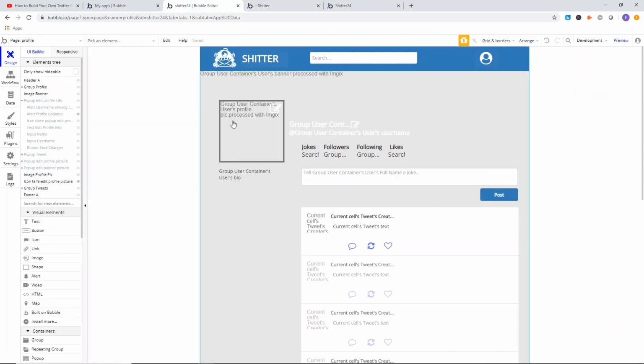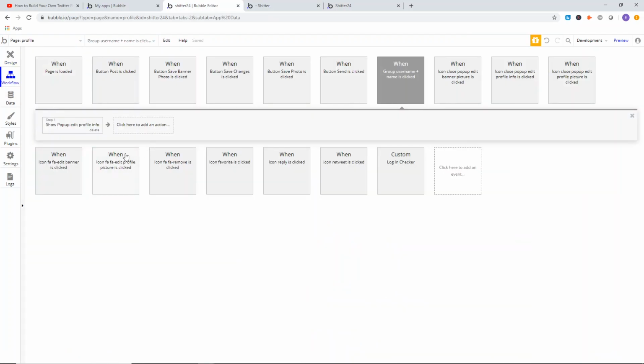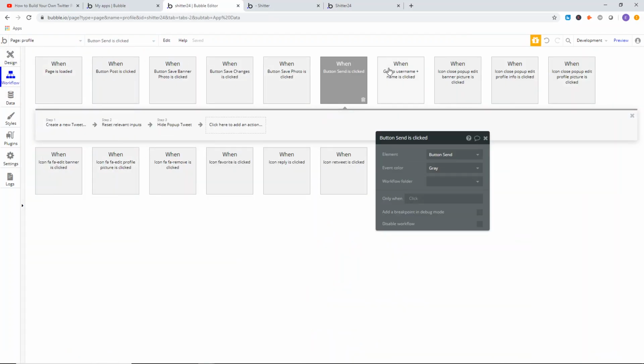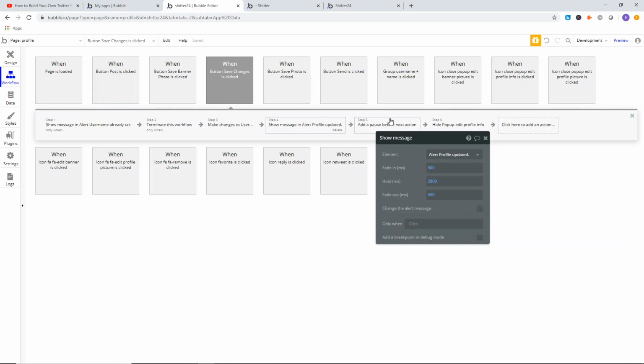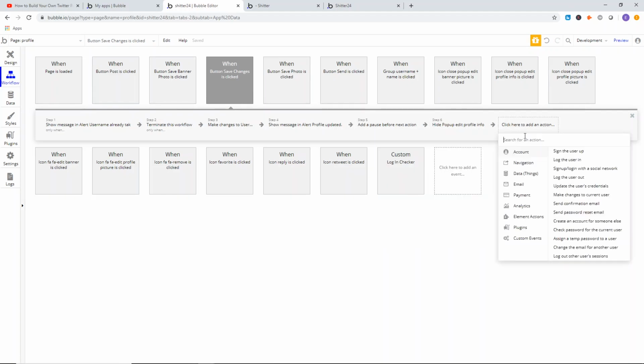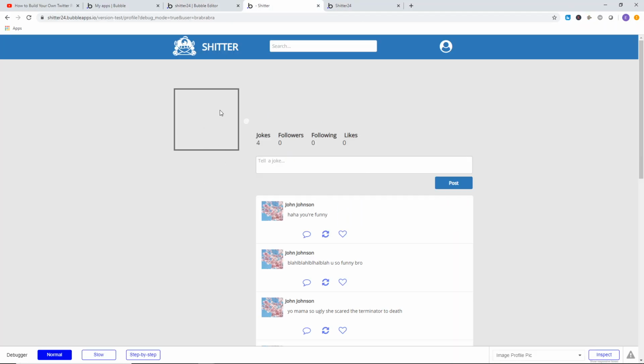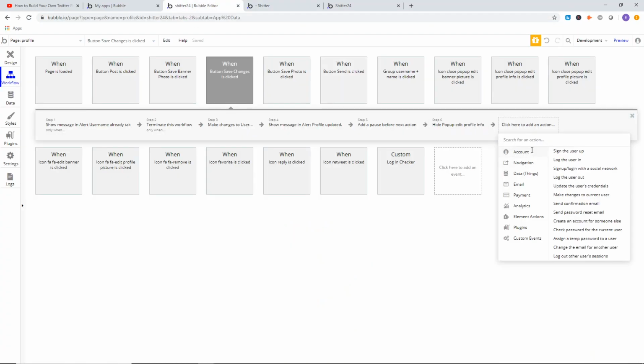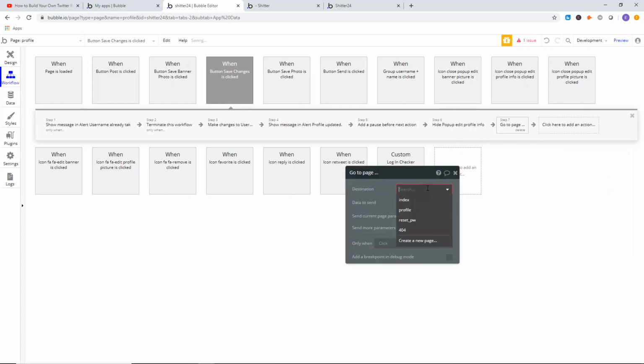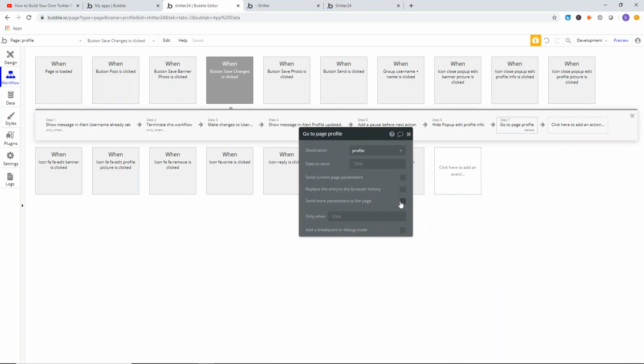So then the next thing we need to do after this, we need to do something different. We're going to save the changes, but we ran into this bug because all of the data about a particular user is showing up through this user text in the URL, and we didn't update that text. But in order to do that, it's really simple. What we're going to do is say go to page profile, send parameters to the page. We're going to say key user